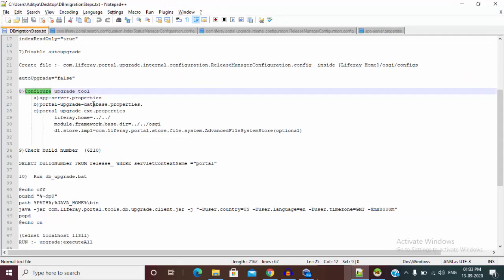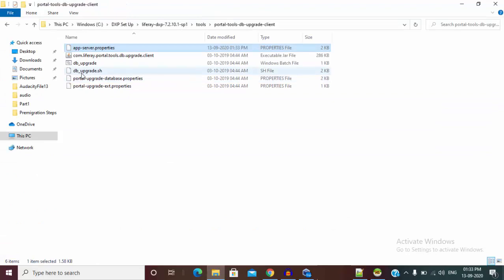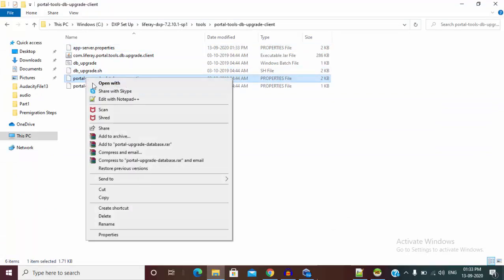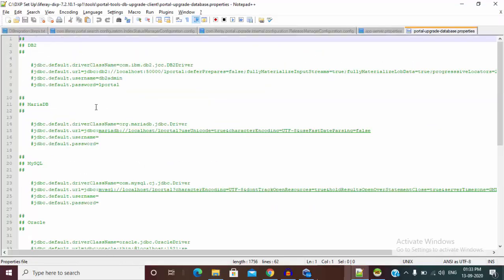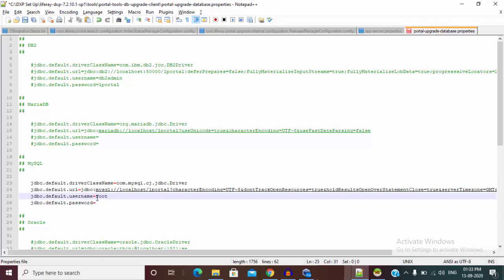Similarly for the portal-upgrade-database.properties, I am using MySQL. Provide the path, and I'm using database version 5.7, so I use these properties for 5.7.